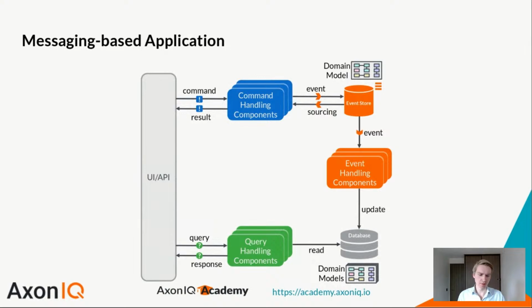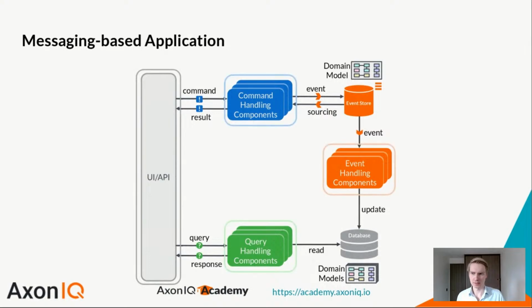So here on the left-hand side, we have some kind of UI, some API. Doesn't really matter too much what it is. What does matter is that it can send two types of messages. It can send commands that get handled by command handling components, and it can send queries that can be handled by query handling components. And in between, these two work together with event sourcing and CQRS by saying, okay, whenever